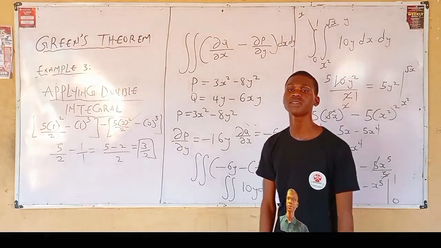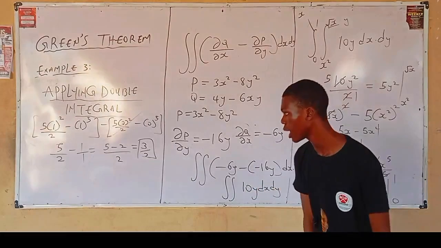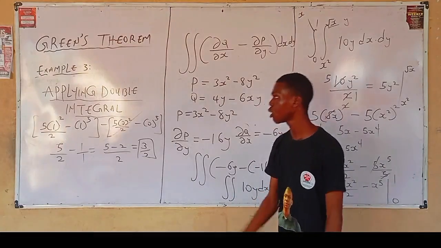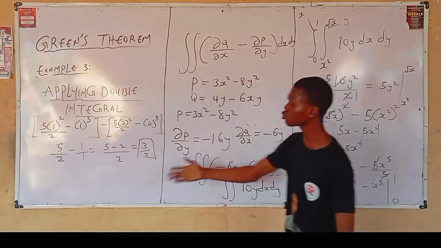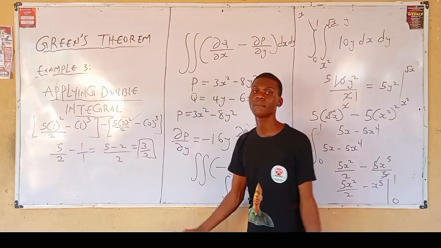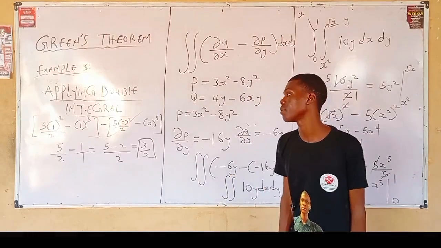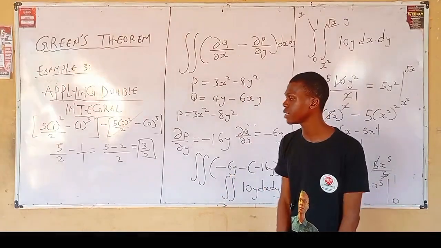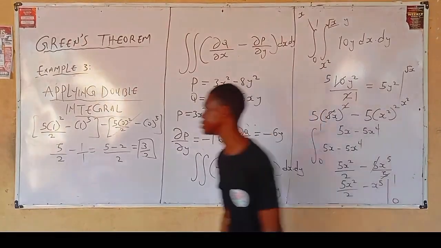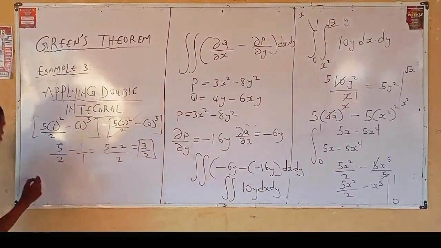How do we know it verifies Green's theorem? When we did the line integral, I got 3 over 2. When I did the double integral, I got what? 3 over 2. So meaning my answers are the same. Hence, the question given verifies Green's theorem. So state it, saying that the given question